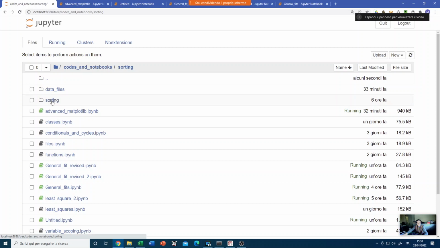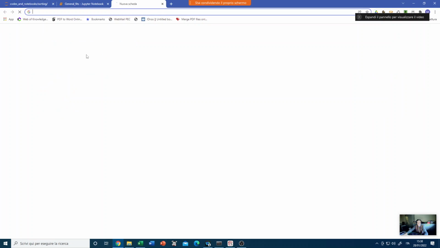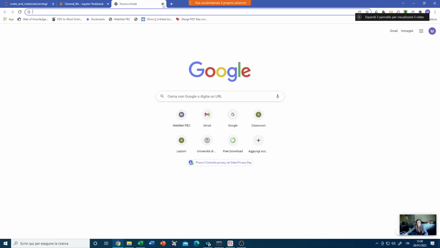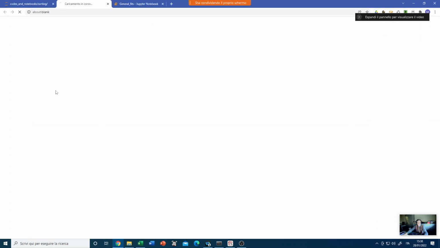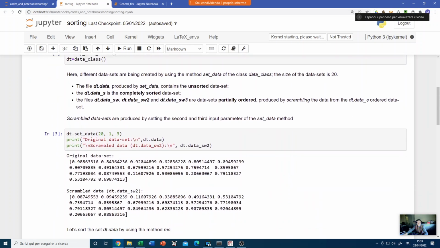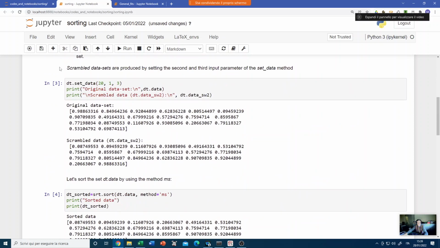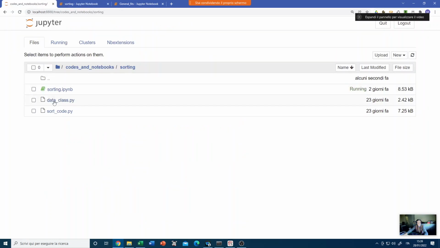Another exercise is sorting. Okay, I can close some of this. I have this sorting notebook. This is a notebook showing the usage of sort code,